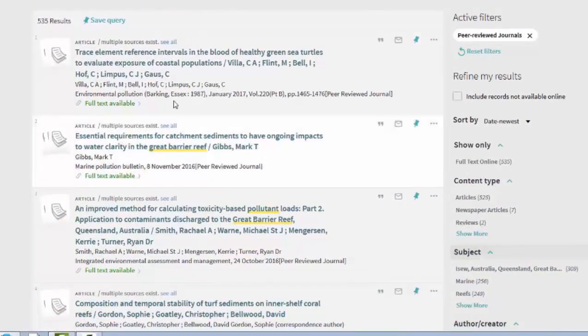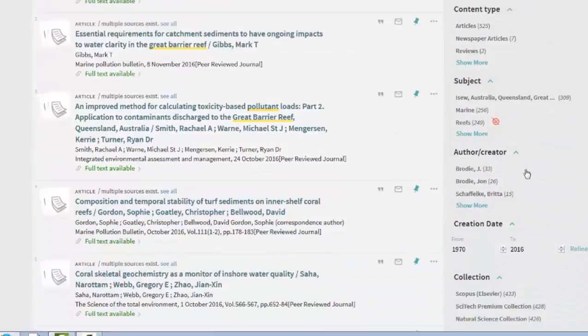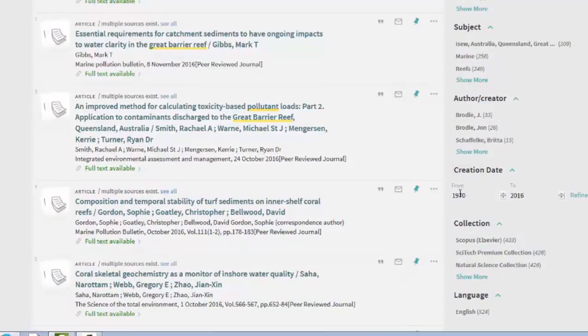Alrighty, and again, we can sort by, at this point it's actually sorting by date newest. Yes it is, 2016. But the refining options also allow you to choose dates that you'd like to see. So in some units within the university, students are told only use the last 5 years of information. So we can change the date here to say, we only want to see items that are published from 2010